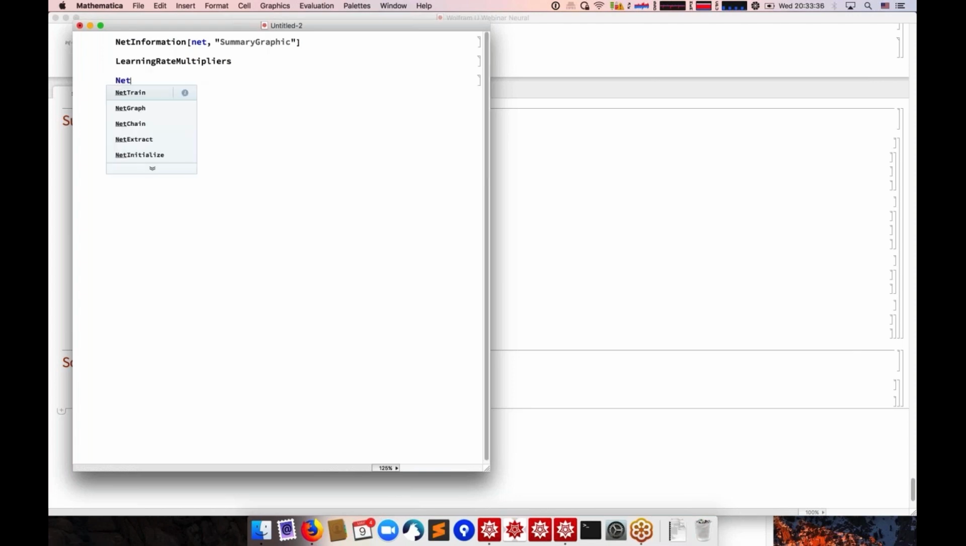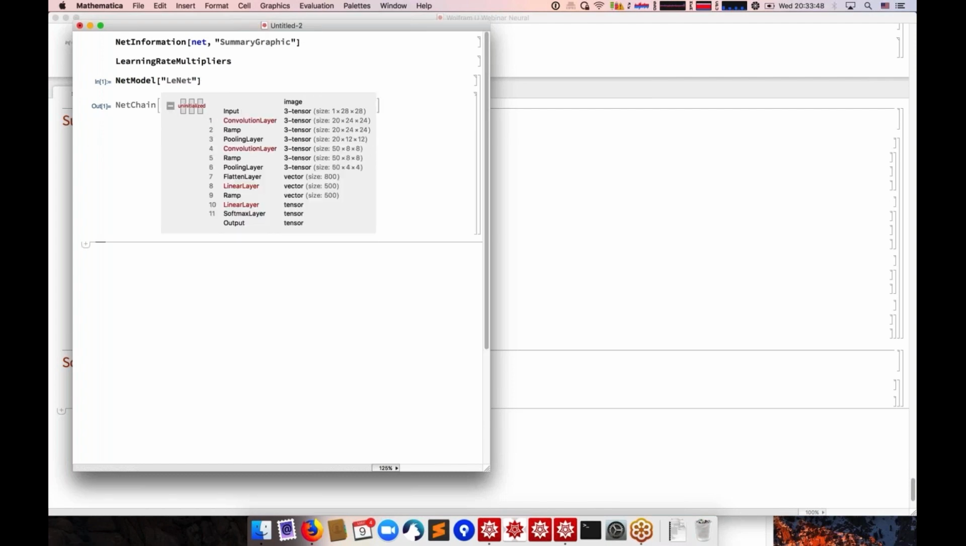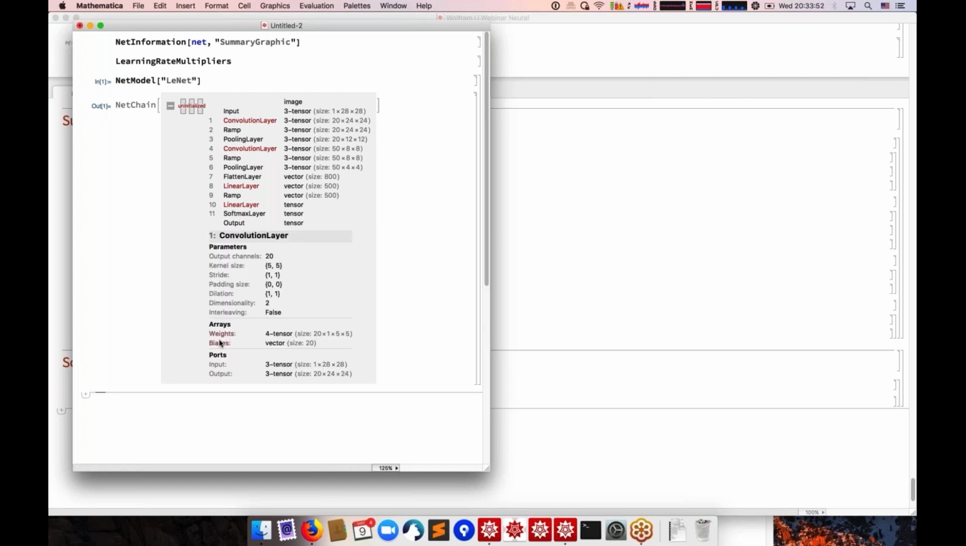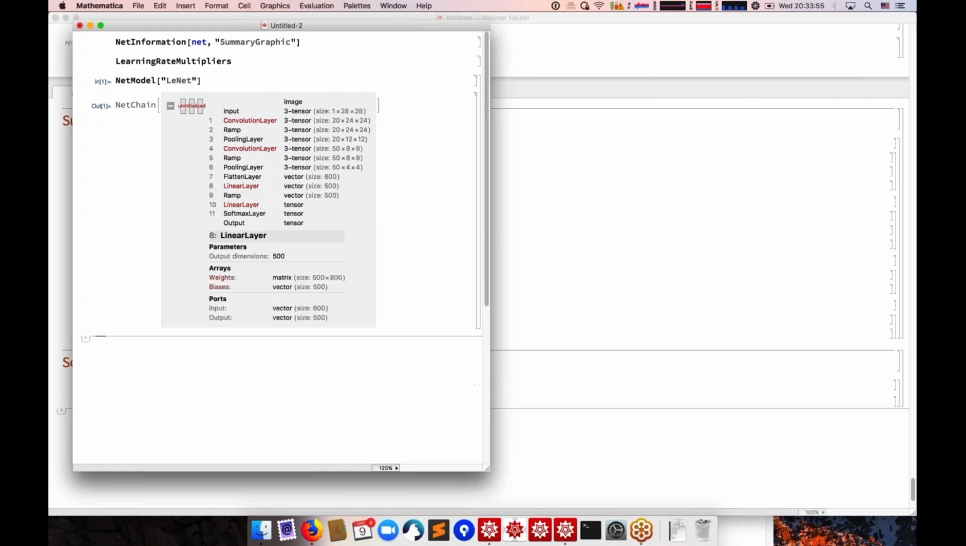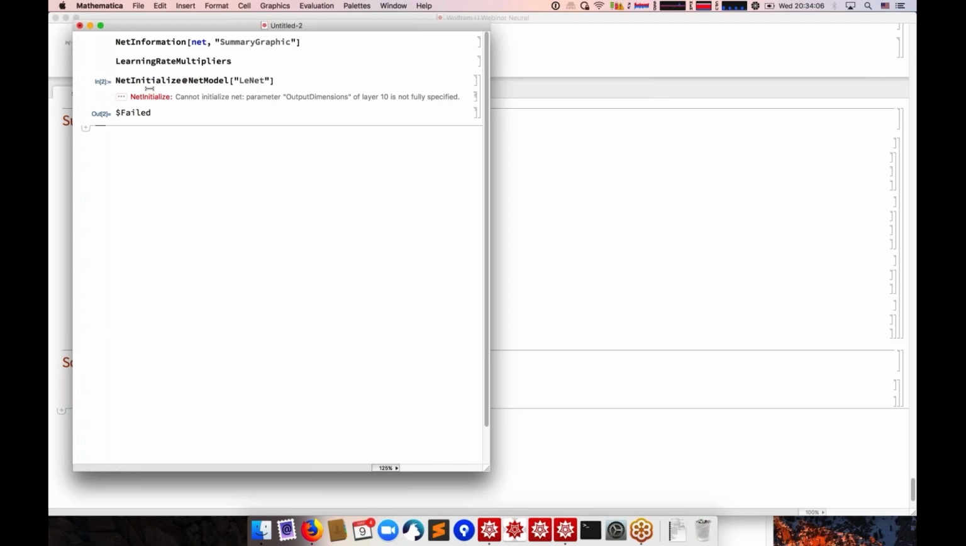There are basically two ways to train a network with NetTrain that are done automatically. When you have a network like this with uninitialized layers, that means this convolution layer doesn't really have anything in the weights and biases, and the linear layer is also completely empty. In this case, NetTrain will automatically call something called NetInitialize, and this will create...